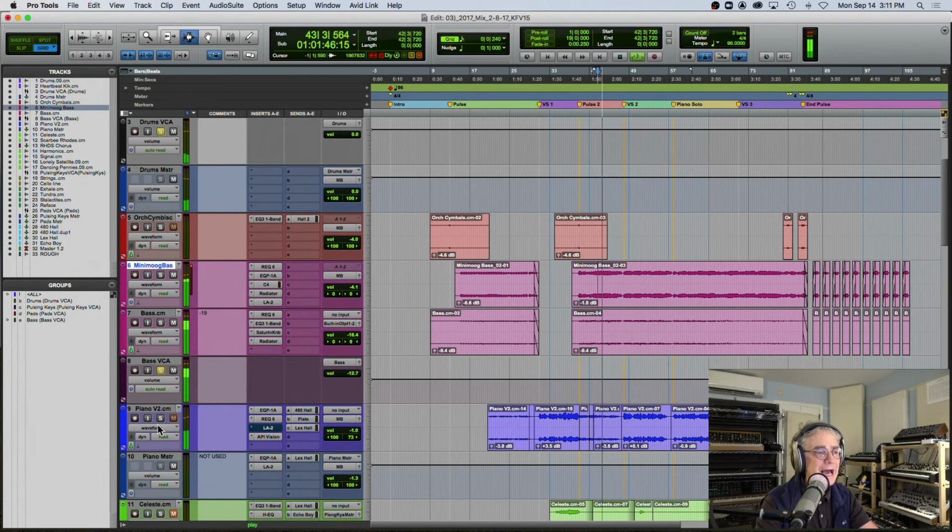I want to hear the piano. And that's really helpful when you're mixing because you want to hear